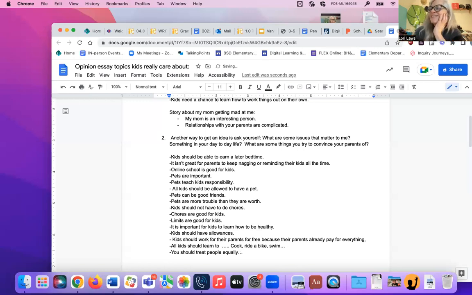What else? I see you guys are getting the hang of this. What else matters to kids a lot? What about cell phones? Do you think all kids should have a cell phone? Some people say yes, some people may say no. So you could write, kids should have a cell phone for these 3 reasons, or should not have a cell phone. You'd have to pick one. The thing about an opinion is you might sort of be in the middle and think it both ways, but you want to write a strong essay by choosing one argument you want to make. So pick a topic that you feel very strongly about.